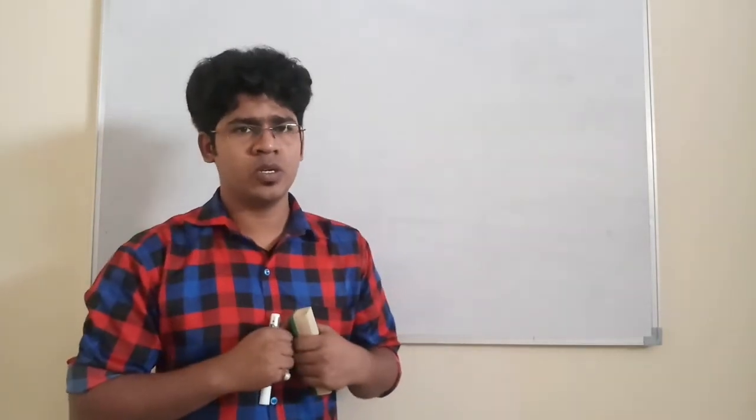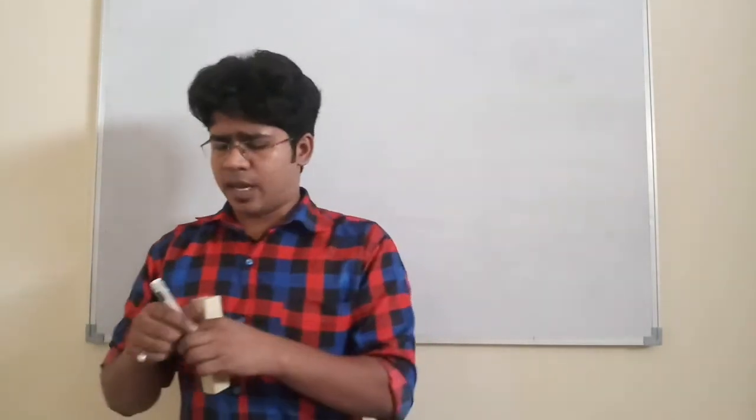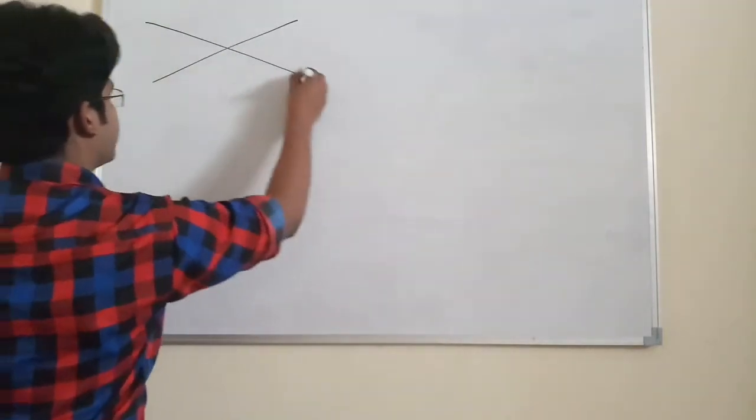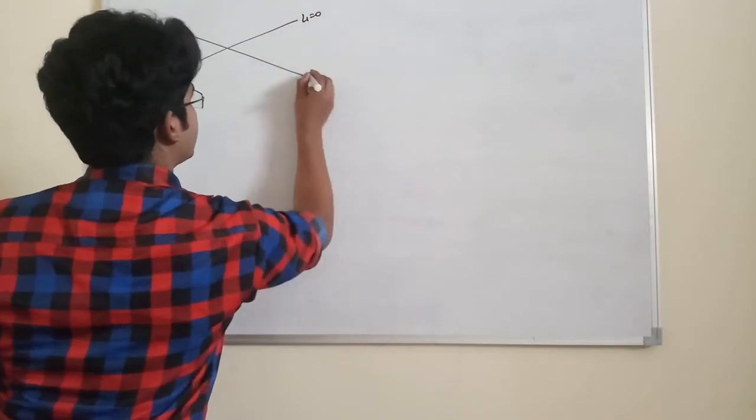Hello everyone. So today we are going to study the angle bisectors between two lines. Suppose there are two lines, L1, that is A1x plus B1y plus C1 is equal to 0, and L2, A2x plus B2y plus C2 is equal to 0. Suppose I am trying to draw a rough diagram of these two lines, L1 is equal to 0 and L2 is equal to 0.